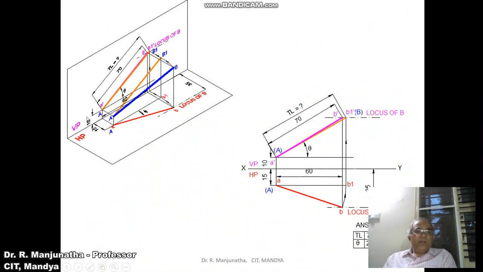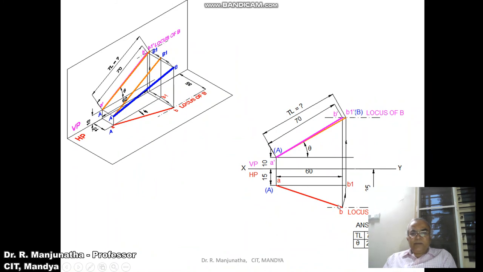Now we are going to consider this stepwise. We have to find out the true length in the vertical plane. So you take the line which is in space, rotate it and make it parallel to VP, so that the capital AB1 is parallel to VP. So you are getting the true length in VP. That means the inclination made by that with respect to HP is theta, which is A dash B1 dash. That is what we have shown here.